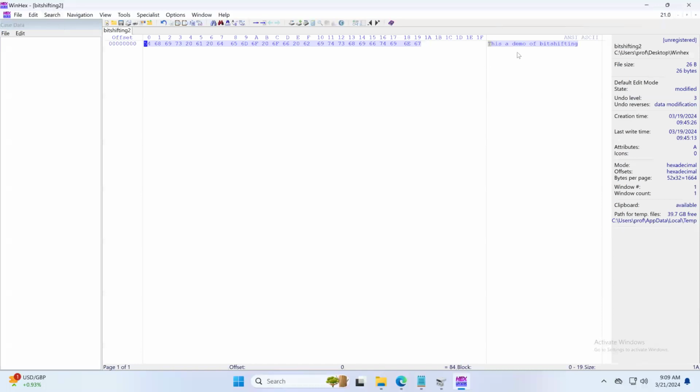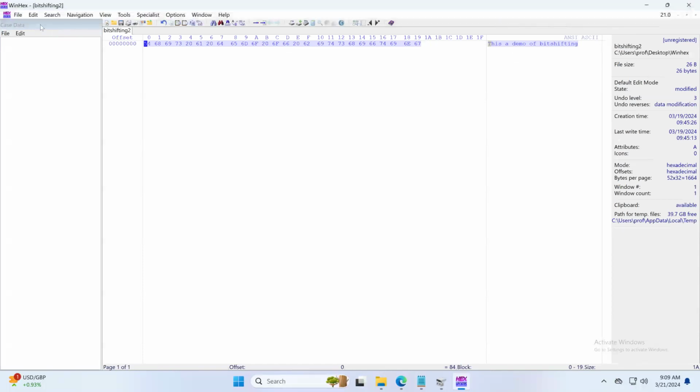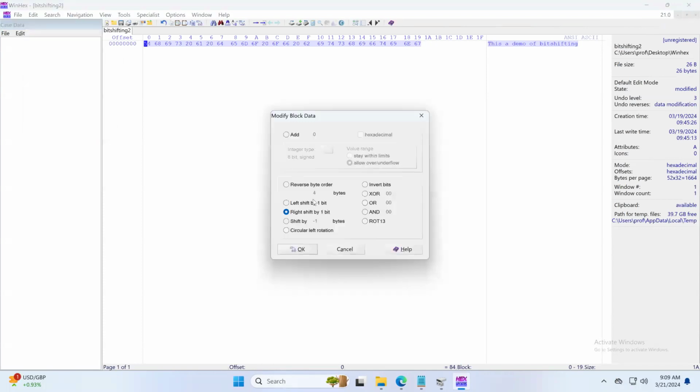How I generated that file is that I have a known good file, which is working totally fine. I went to edit, and I select all of the data, go to modify data,